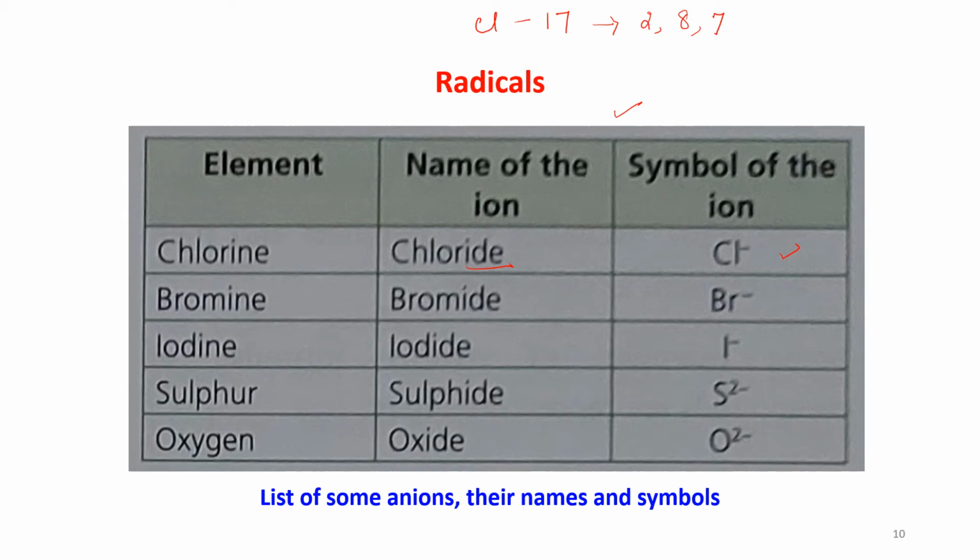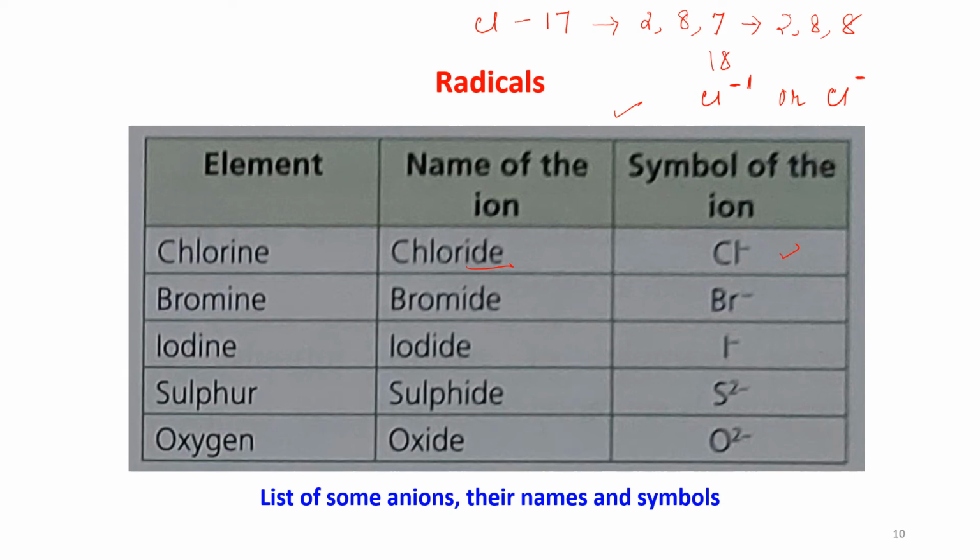If it is gaining 1 electron, it will reach its nearest inert gas configuration, that is the argon inert gas configuration, which is 2, 8 and 8. And it will become stable. When it is gaining 1 electron, its number of electrons is becoming 18. So its ion can be written as Cl-1 or Cl-, as it is having 1 electron extra.